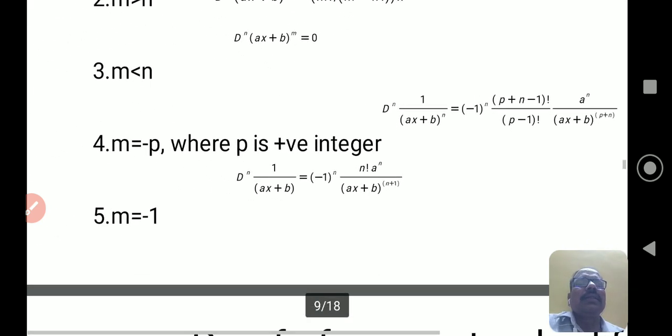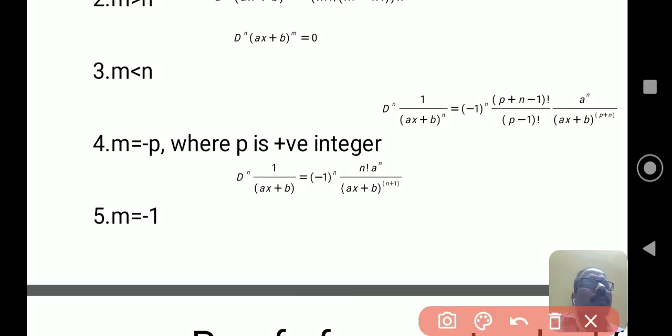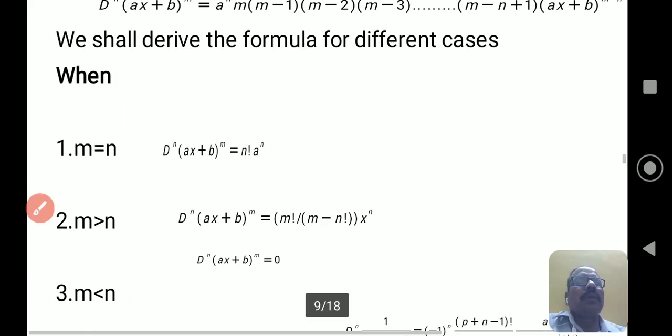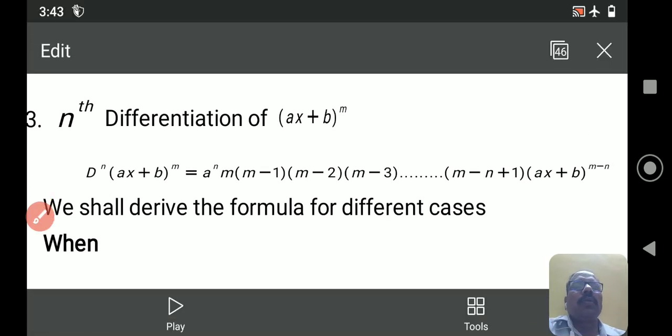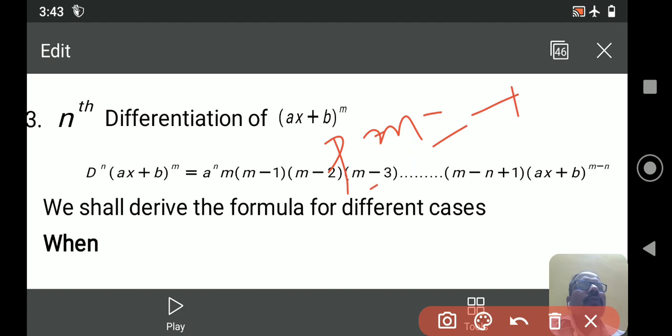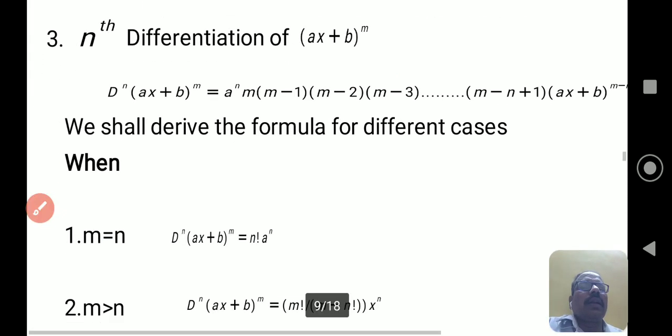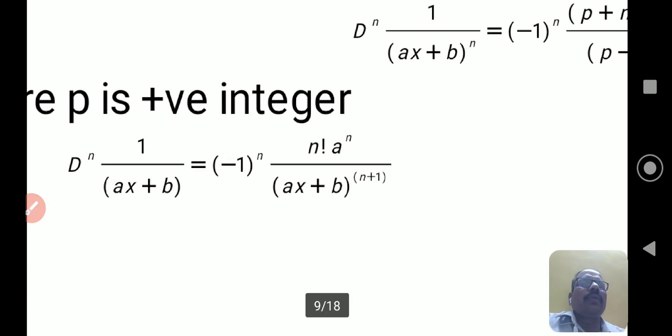Okay, the last case: instead of taking a general p, we assume that p is exactly 1. The function becomes, in this substitution, (ax+b) to the power of minus 1, that is p equal to minus 1, which can be written as 1 over (ax+b). Finally, this is the result here. We can observe n factorial times minus a to the power of n into (ax+b) to the power of (n plus 1), because we already have 1 over (ax+b), which increases the power here, times minus 1 to the power of n. This is the final result.